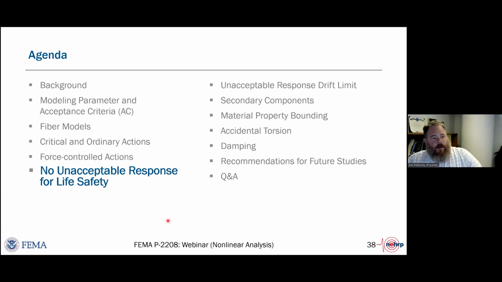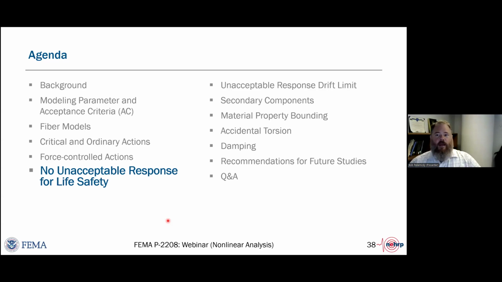And as we're talking about unacceptable response, one of the things that the committee started debating is the use of unacceptable response and the check on the maximum, or the 9th or the 10th worst out of 11, as opposed to just checking the median.